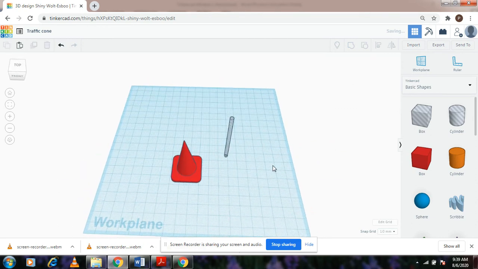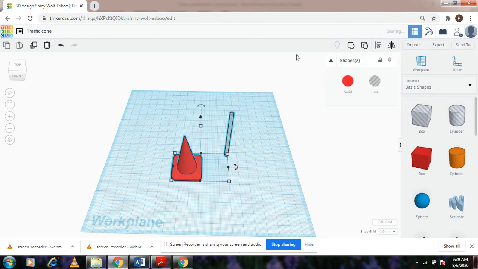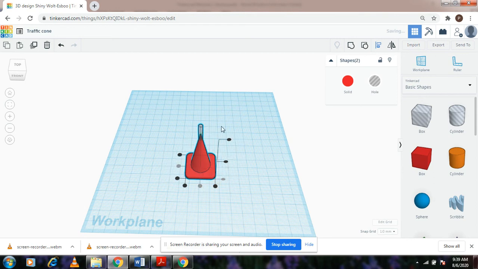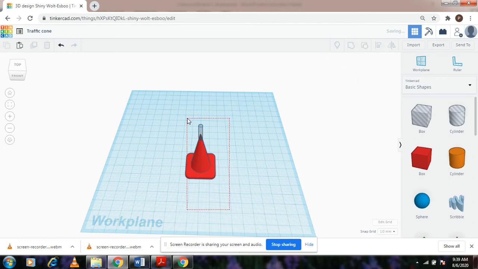Now what is left to be done is simply selecting both of them, hit align, align this hollow cylindrical pipe in the center, and then again go ahead, select the entire thing, and hit on group. As earlier, this one is also going to take some time to subtract itself out of the cone.